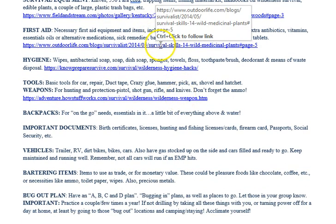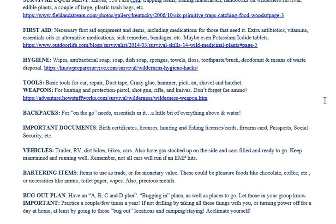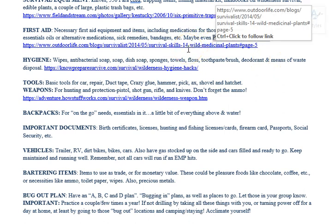First aid, you need to have a little medical first aid kit, as extravagant or small as you want. Have some ibuprofen, Tylenol, some pain reliever in there, as well as some allergy medicine like Benadryl in case somebody gets a bite or a bee sting or something. Medicines, alternative medicines if you need them, and maybe even some potassium iodide tablets in case there has been any radiation. This is on